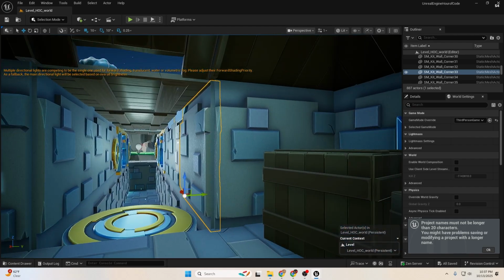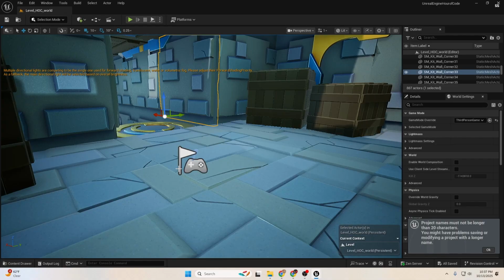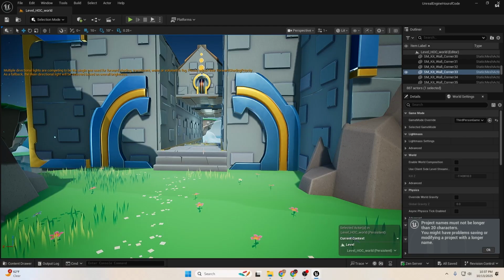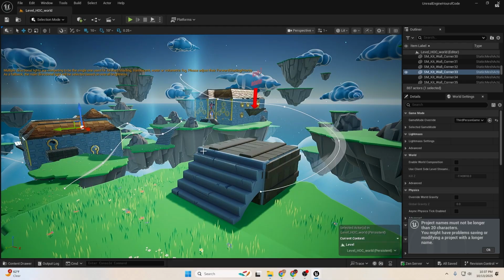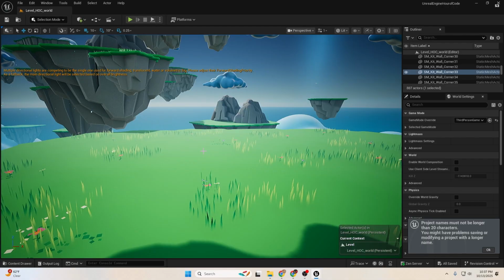There is another way to navigate around the map by using your number keys on top of your letters. So if you try to press number 1, you would see that it takes you to the same screen we started with. 2 takes you to a different place. 3, 4, 5, 6, all of them take you to different places. Those are stop points or mark points that have been